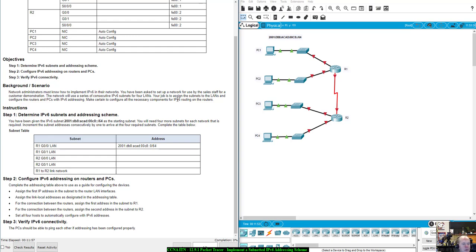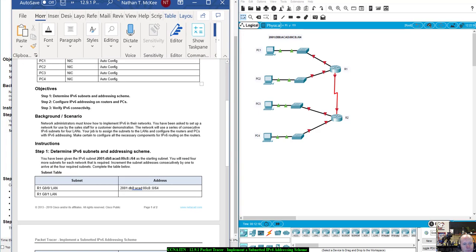Alright, so determine IPv6 subnets and addressing scheme. You've been given the IPv6 subnet right there, with the /64 as a starting subnet. You will need 4 more subnets for each network that is required. Increment the subnet addresses consecutively by 1 to arrive at the 4 required subnets. Complete this table below. Alright, so what they're wanting is, and I'm going to call these